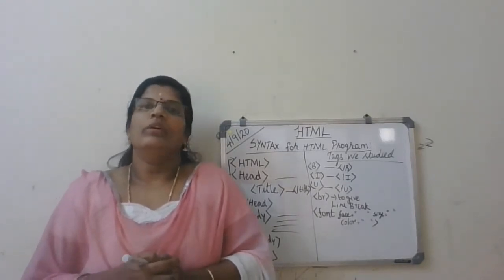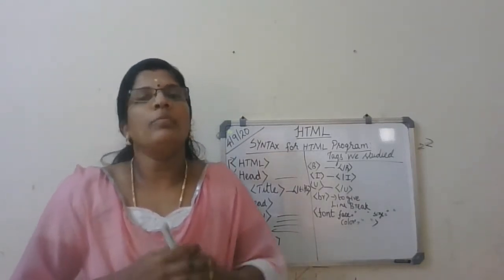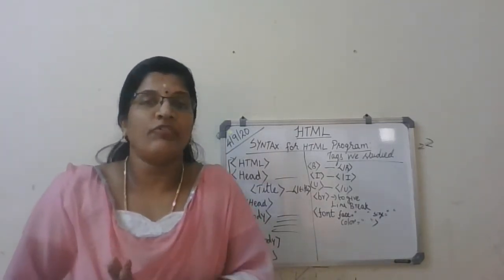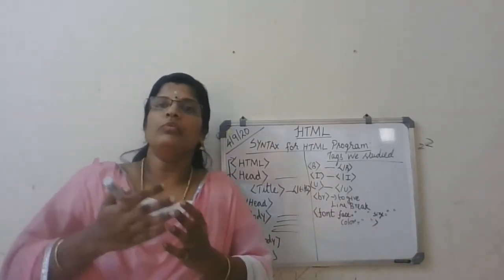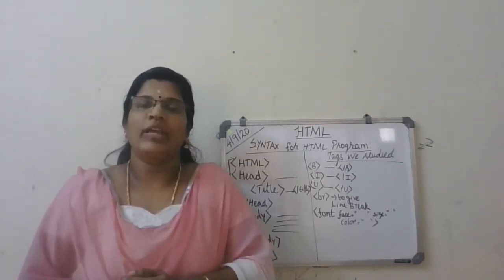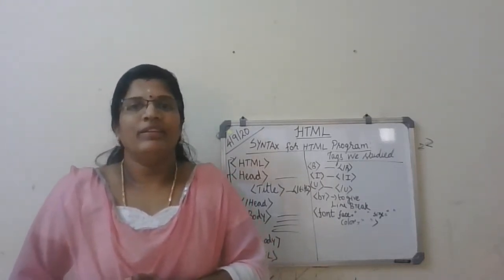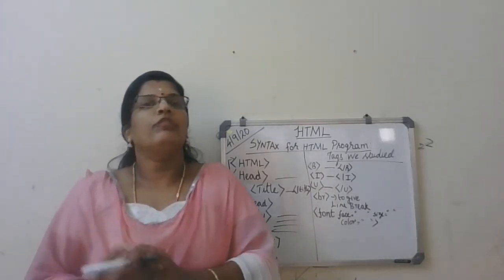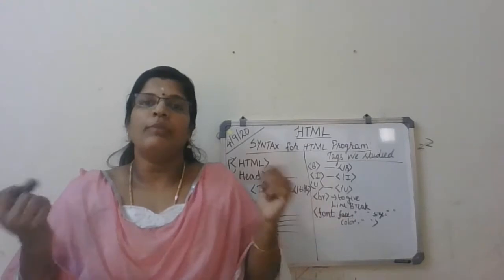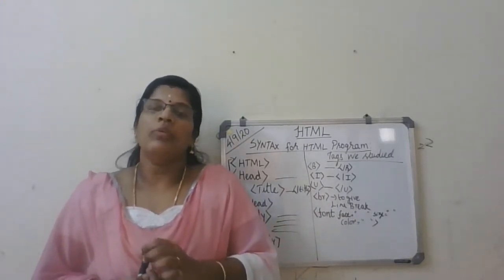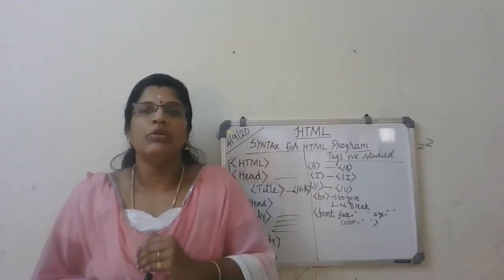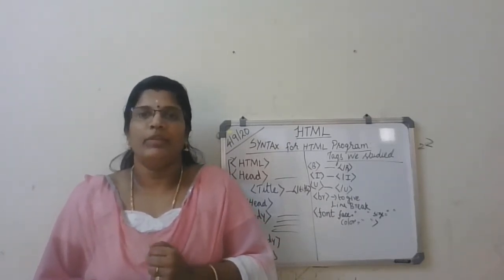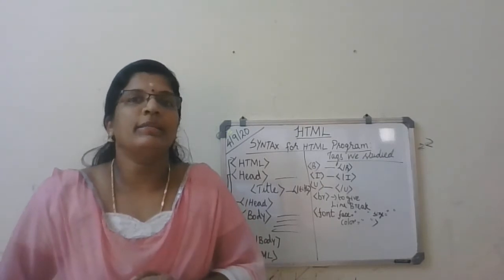Okay, can I ask you something? How many colors can you specify? You can specify maybe around 10 or 15 colors, right? If you want to go beyond that level, what do you have to do? If you want a different color but you don't know the name of the color, or if you want a color of something different, how can you get it? You can also give color names with the help of a hexadecimal number.